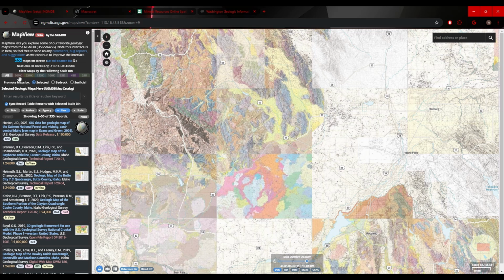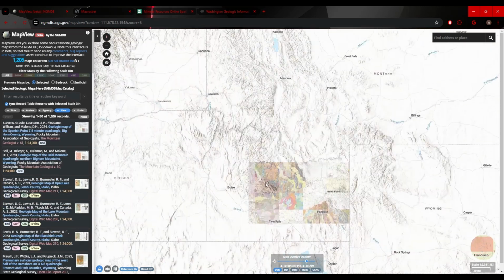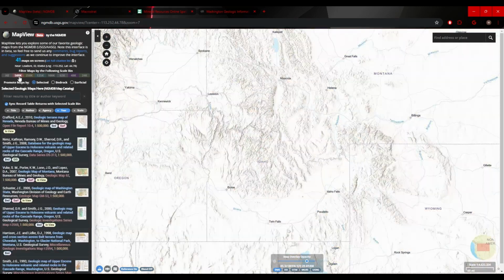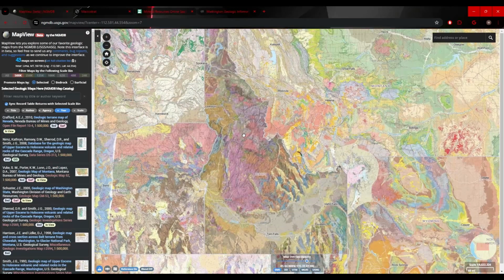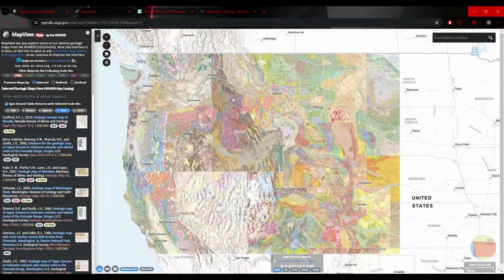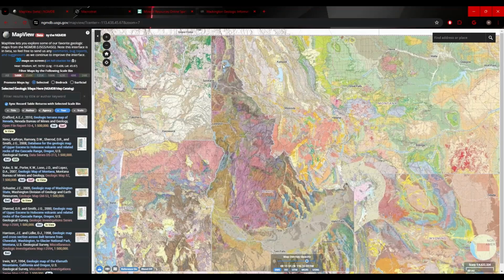So this is the smallest scale, and when I'm talking maps, when I say small scale, you may think that would be a small map. But small scale maps are actually quite large, so these are going to be your state maps. So your small scale map, being a state map like Idaho here, it's given me the geology of the entire